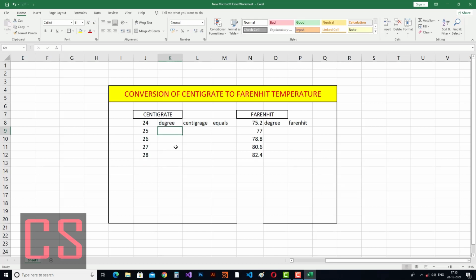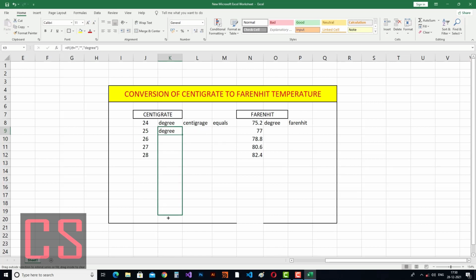Here, if this equals nothing, the value will be shown as nothing, otherwise the value will be shown as degree.